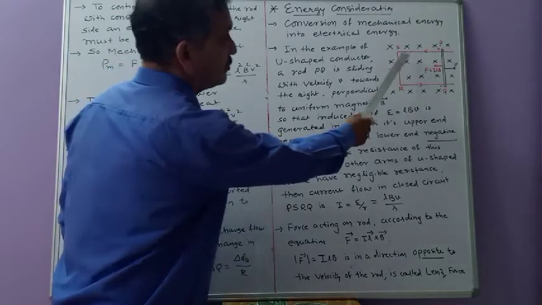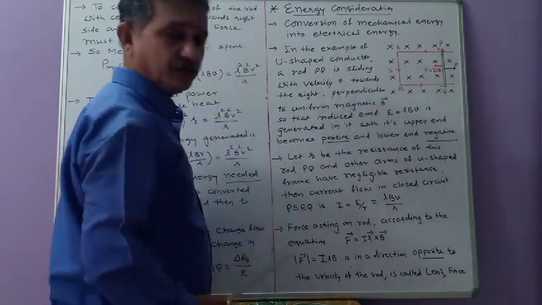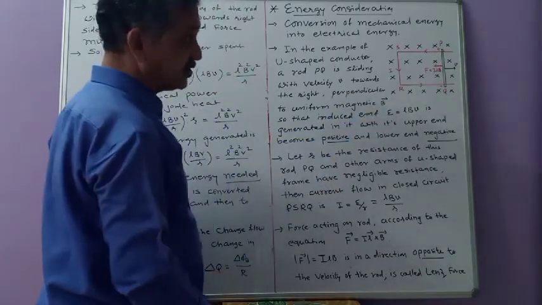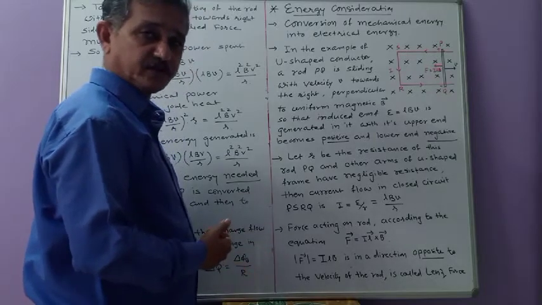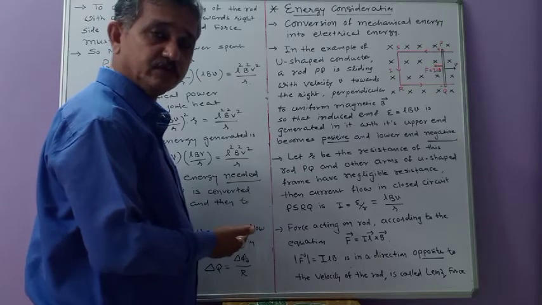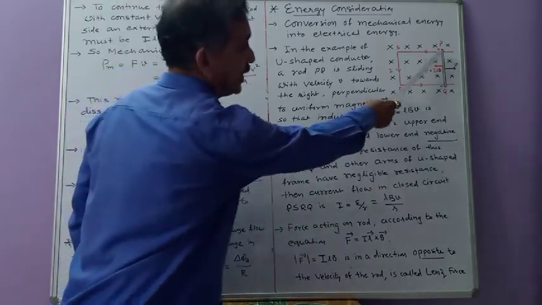And on the two arms, SP and RQ, a conducting rod PQ is sliding towards the right side. As it slides, there is a change of magnetic flux. Due to change of magnetic flux, according to Faraday's law, induced EMF is generated between these two ends, P and